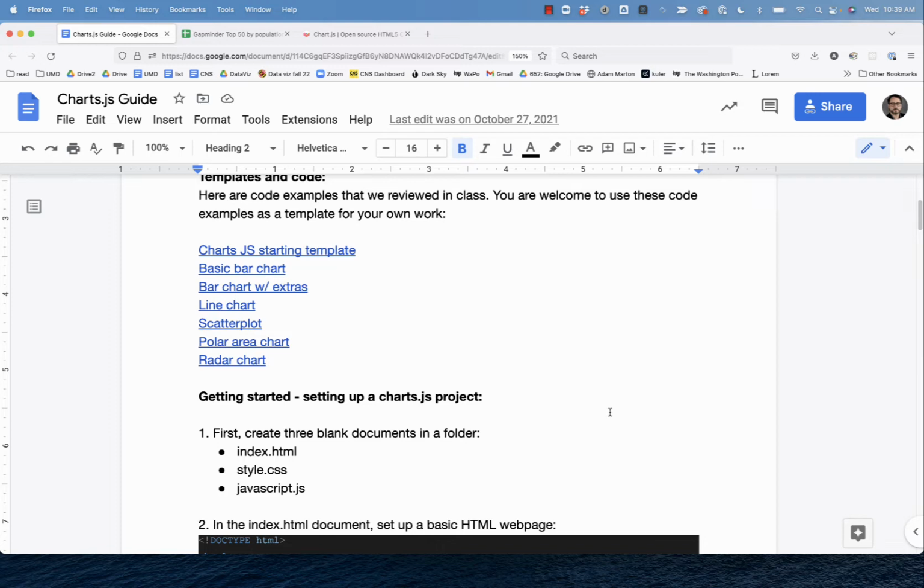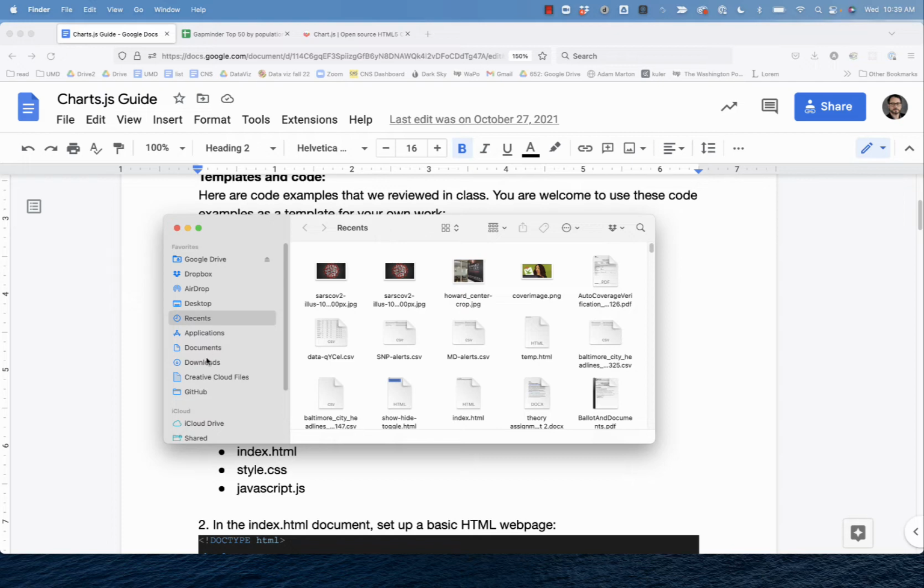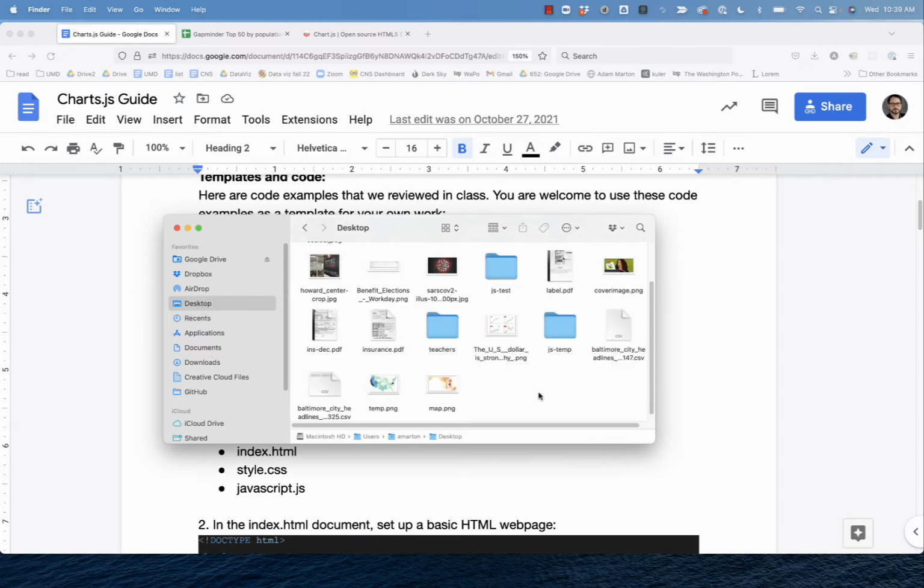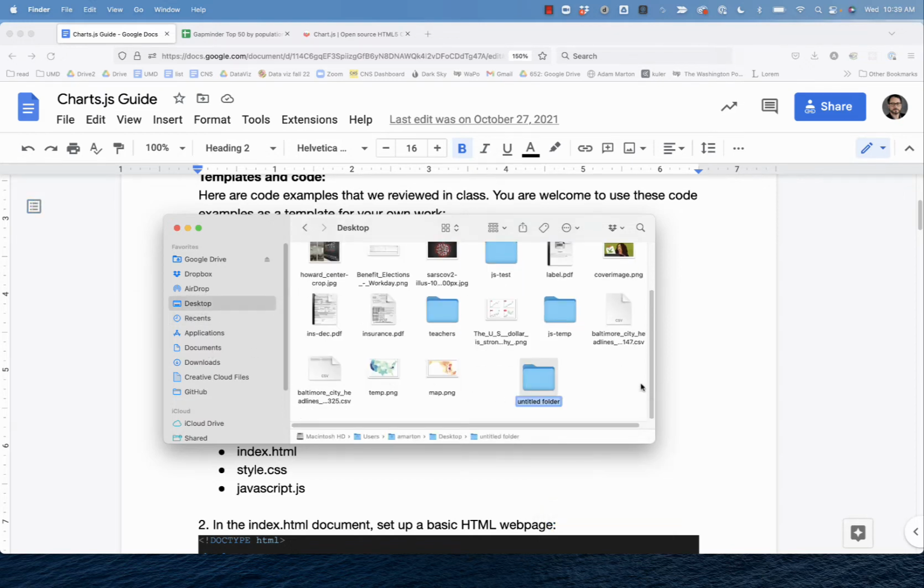So the first thing I want to talk about is how to set up a Chart.js project and how to set up a basic starting template. So let's go ahead and do that. I'm going to open my Finder and start a folder to work in this morning. I'll just do it on my desktop. I'll call it Chart.js